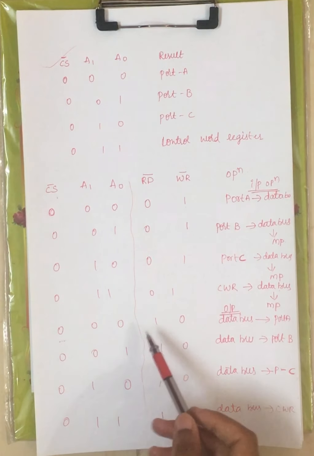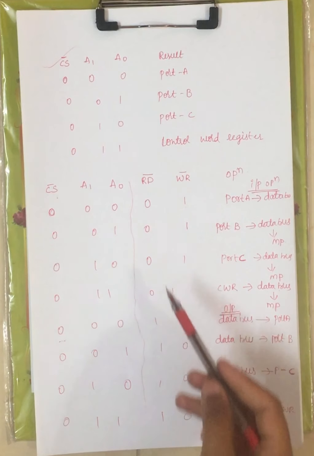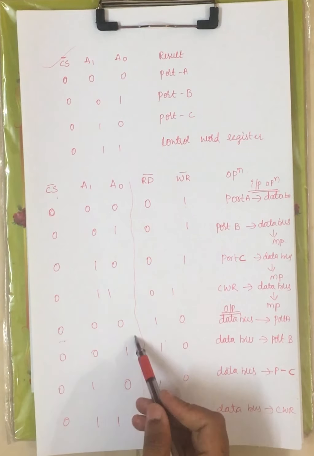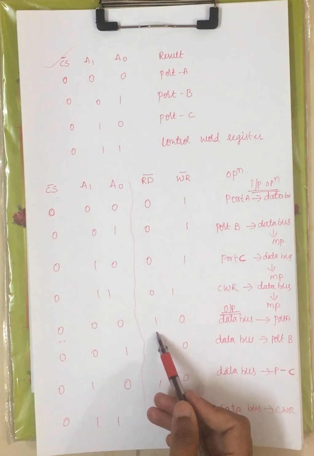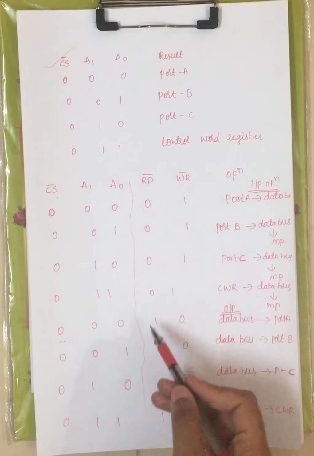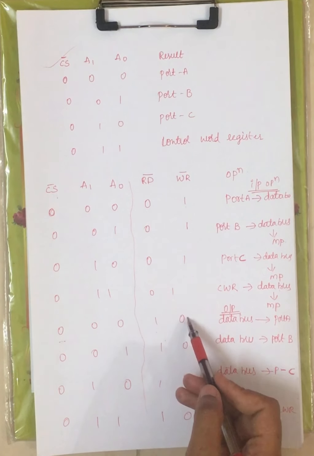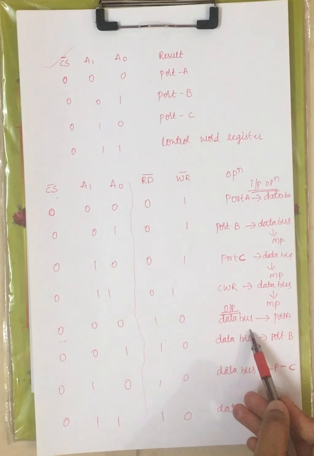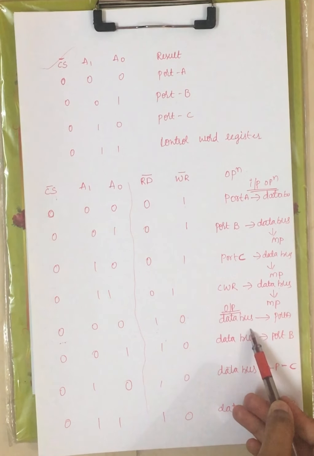Now again I have represented it, but just I have reversed the read signal values and write signal values. For all zeros, port A is selected. Now the read signal is 1. Now we are not reading the data since it is logic 1. Now the write signal is 0. Now this is writing the data to port A, right? Which is nothing but an output operation, right?